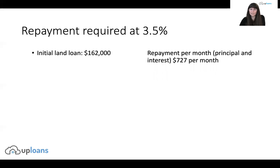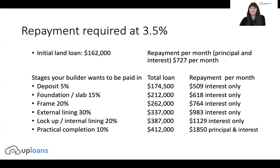Our initial land loan at $162,000, we were making repayments of $727 per month. And then your builder wants to be paid in these stages. So here, this first stage here where the deposit is, your interest is only $509 per month. So look at that. You're making repayments on the land, $727 a month. As soon as you start making repayments on the build at $509 of interest per month,